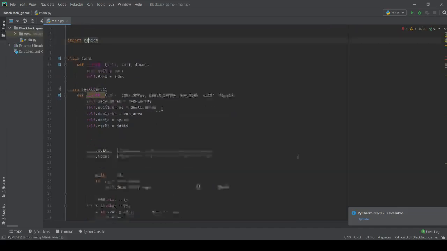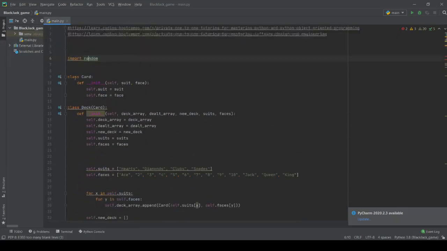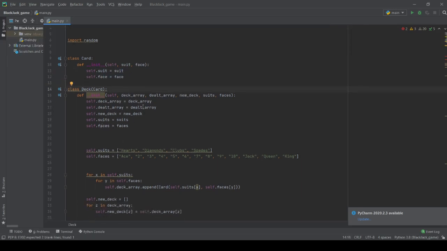We're just going to review very quickly the code we wrote. So we created a card class and we give it a suit and a face. That's going to be used to create the cards in the deck. We created a deck class that inherits our card class, and we made several variables for it. The deck array is